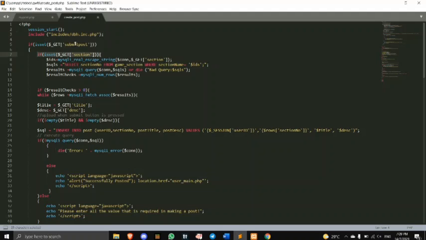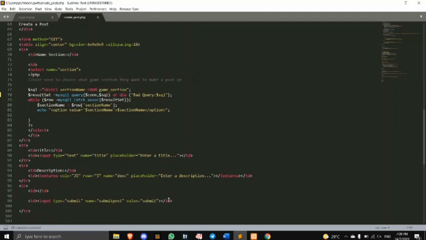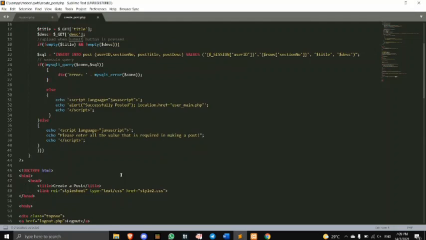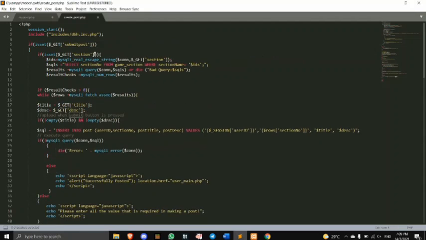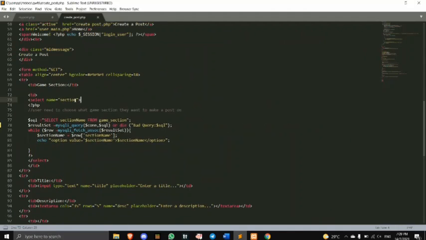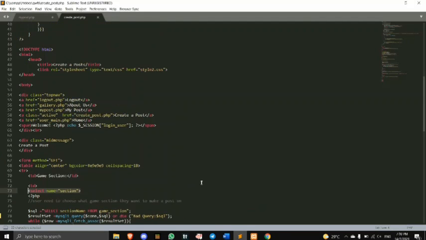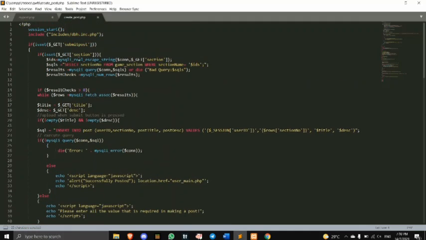And this get submit post is from this, whenever the user clicks submit. And then get the section is for this part here, for the select. Whenever the user selects something from the drop down list, and then when we get the value for a section,